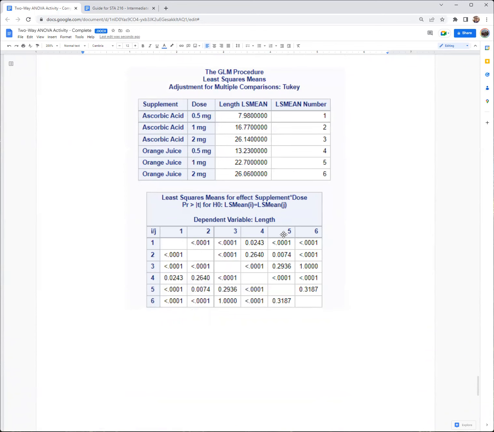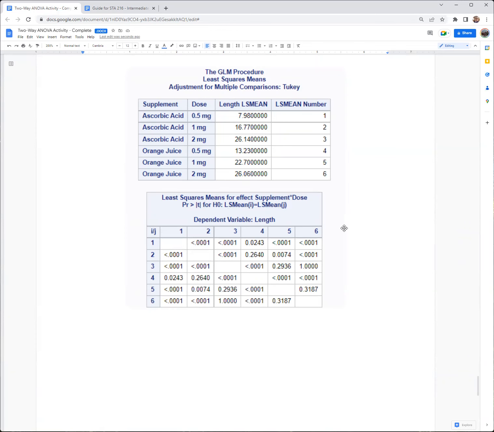Okay, so if we look at the table in groups 5 and 6, they had small p-values when comparing to everything else except group 3 for 5, group 3 and group 6, which was ascorbic acid 2 milligrams and orange juice 2 milligrams. And then for group 6, all of them were really small except compared to group 3, ascorbic acid 2 milligrams, and group 5,